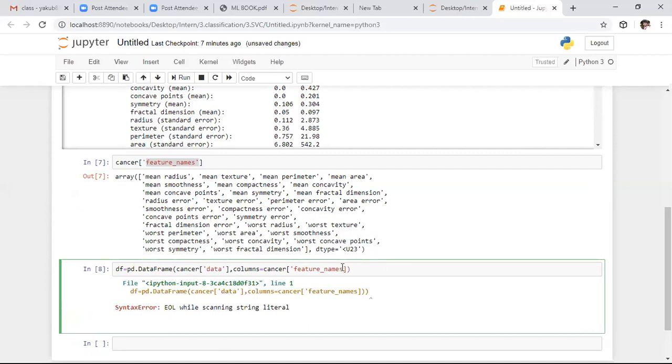Here we need to close this, right? So here we created the data frame with this specific attribute.